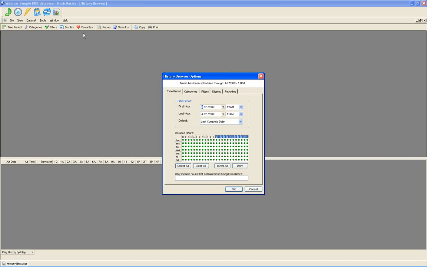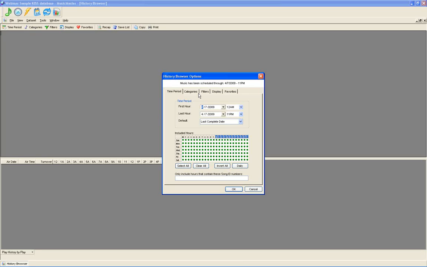About as we move further along into talking about the history browser. So first off is our time period. This, again, is the area of the program where we can do all kinds of historical analysis and reports. This is specifically the place that you would need to go to run a spins report. So a lot of folks will ask, well, how do I do a spins report? The history browser is the place, and we'll talk about that specific report and the specific setup that we'll need